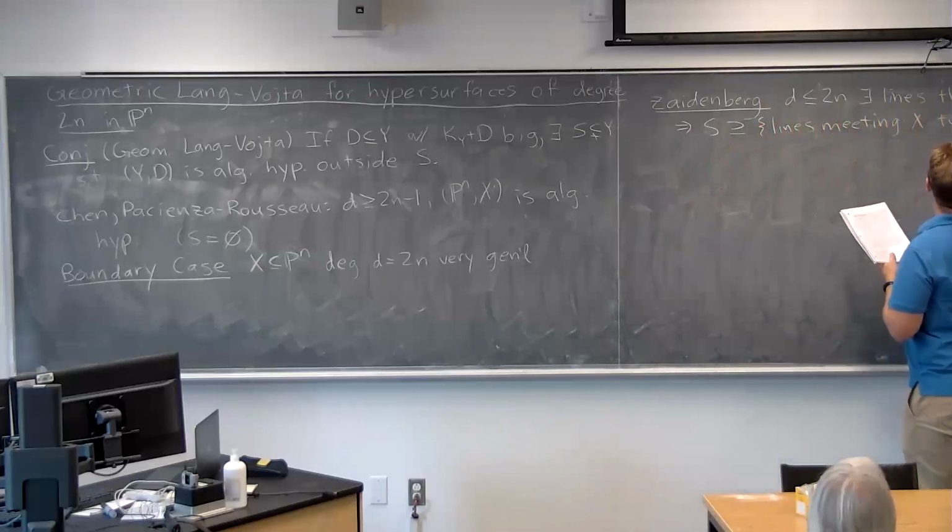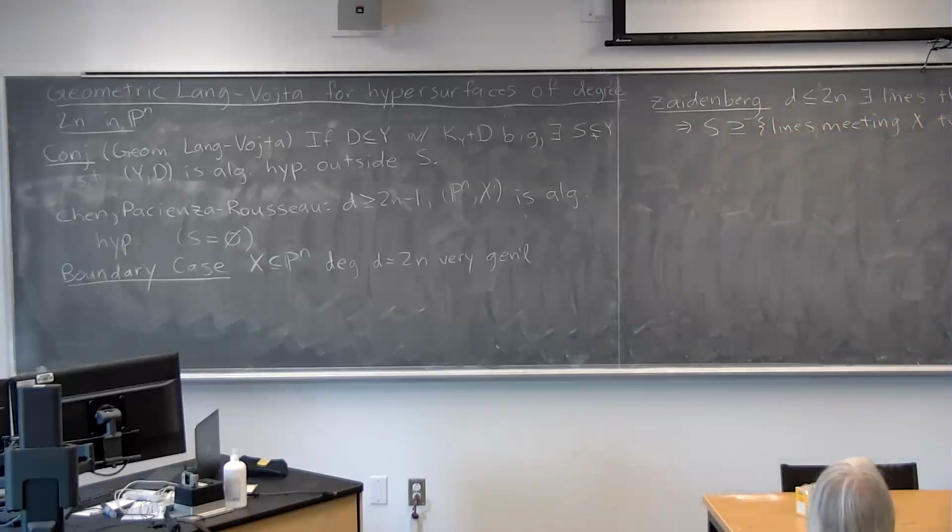And there are two ways to see that result. The first one is just straight from the definition, right? A line is genus 0, so this is -2. Then if it only meets it twice, this side is 0. 0 cannot possibly be bigger than a positive number. So that's one way to see it.